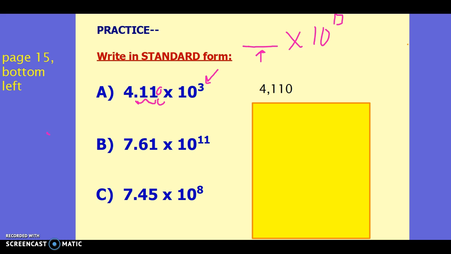So we have 7.61 times 10 to the 11th. So what I have to do is take my decimal point and move it 11 places to the right. Now that's going to be quite a few zeros. If I move it 2 places to the right,